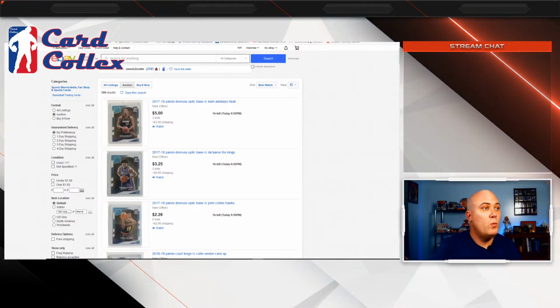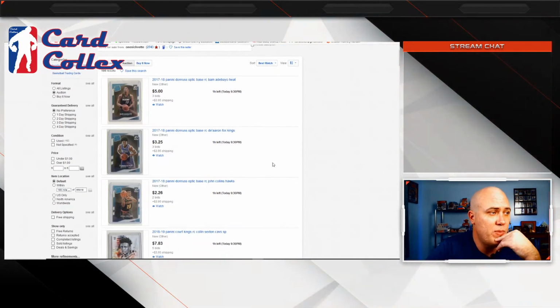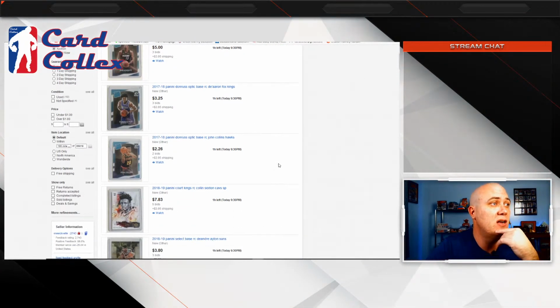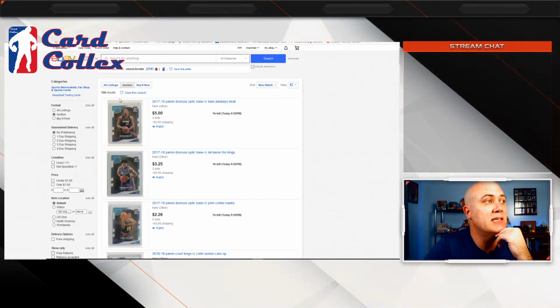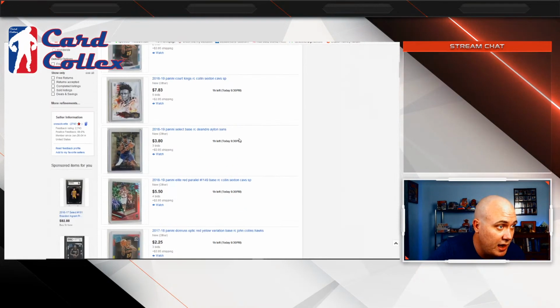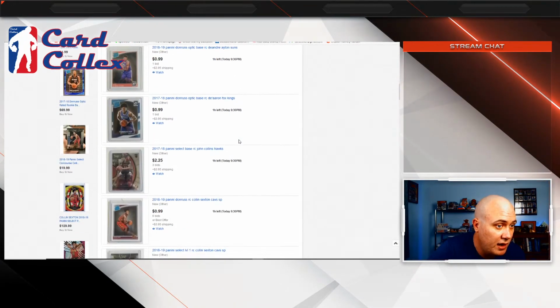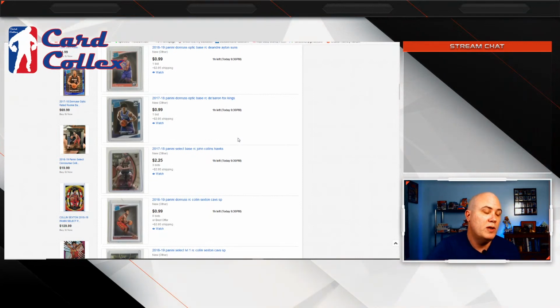This is just one guy that has a bunch of modern basketball rookies that he's selling. John Collins, De'Aaron Fox, Bam Adebayo. Just his auction listings has 186 results. So he's got 186 things at auction right now, and most of them are ending in an hour, basically at 9 o'clock Central Time.